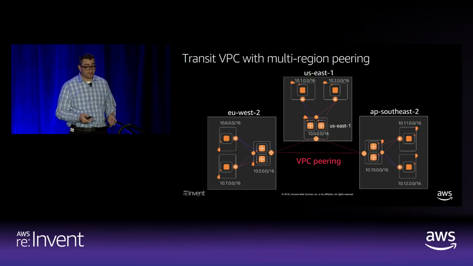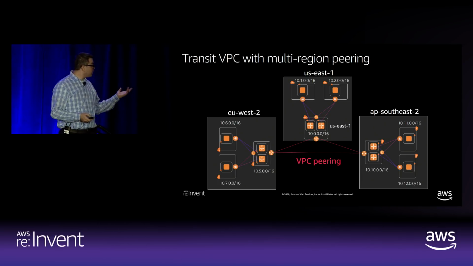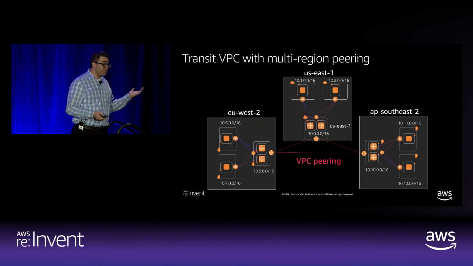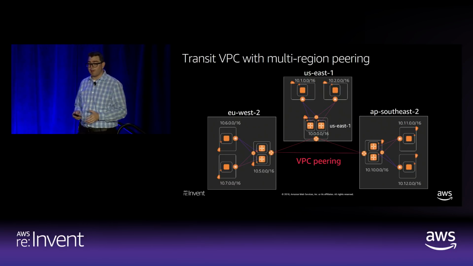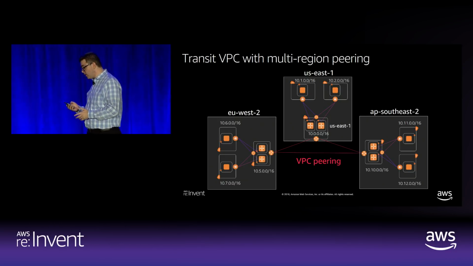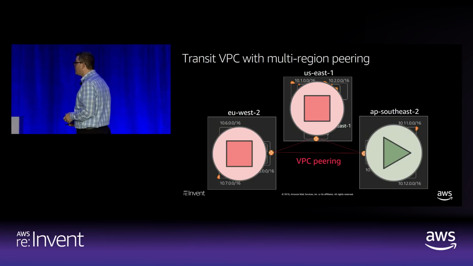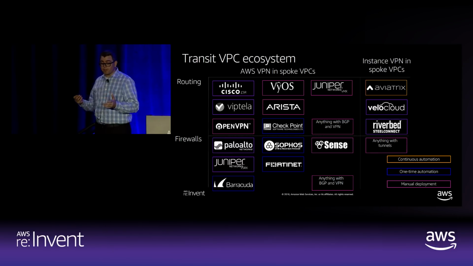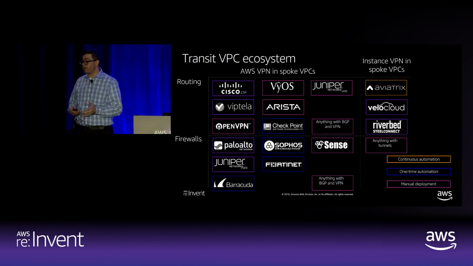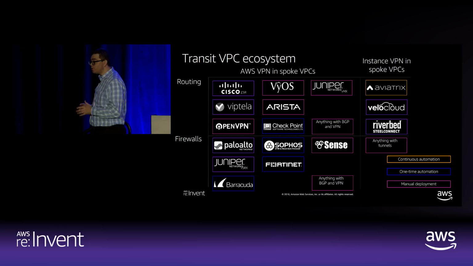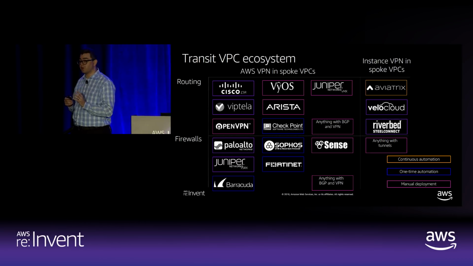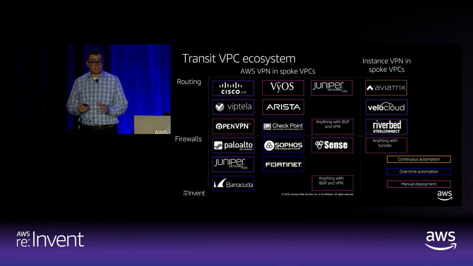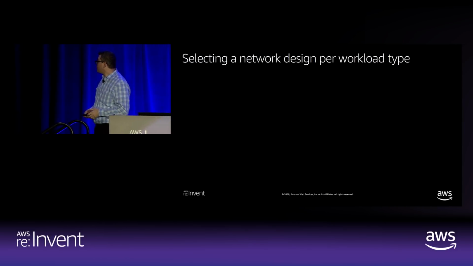This is a great design pattern for one approach. Potentially, if you need overlapping CIDR block today, this is the design pattern that you would take. If you don't need overlapping CIDR block, I really evangelize and recommend you take a look at our new service of Transit Gateway. So moving forward, I want to talk about some of the Transit VPC ecosystem, because it's important for me to evangelize a number of the partners out here that enable Transit VPC. But I think it's also just as important for you to take a look at your core business requirements and determine if you can enable your customers in a turnkey way and your own AWS accounts in a global fashion through AWS Transit Gateway.